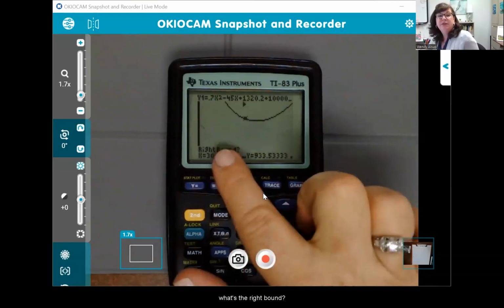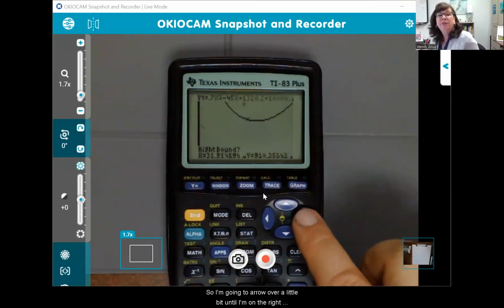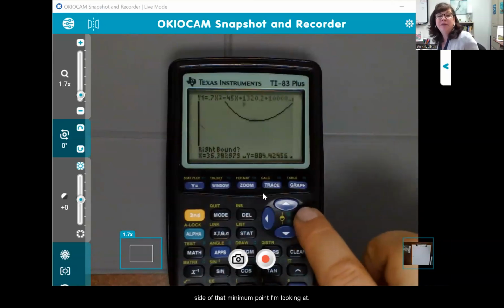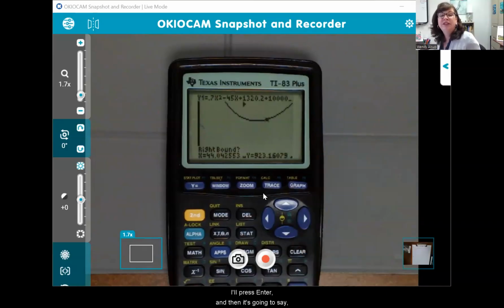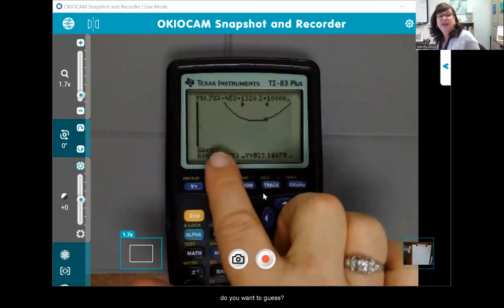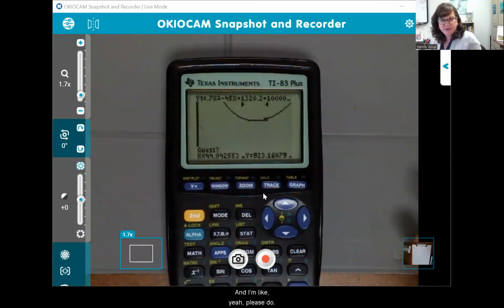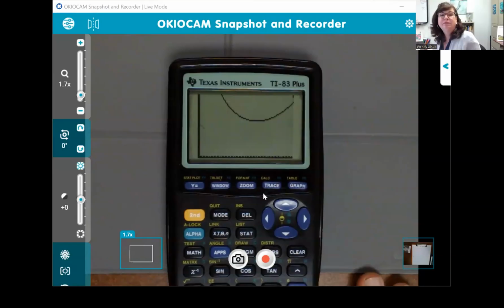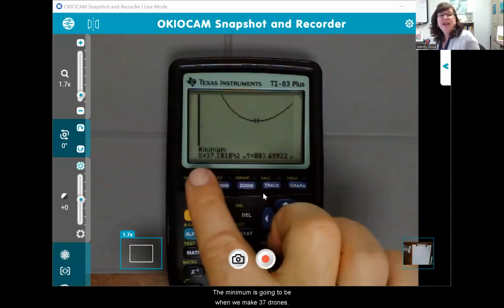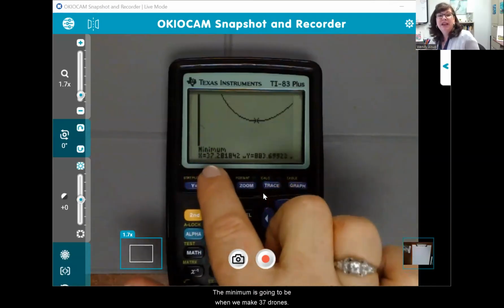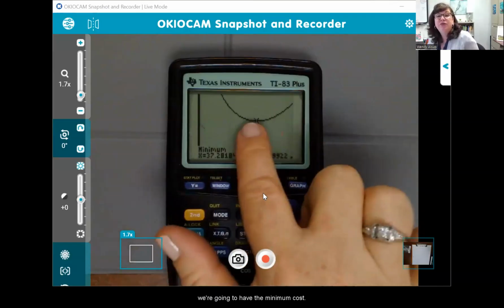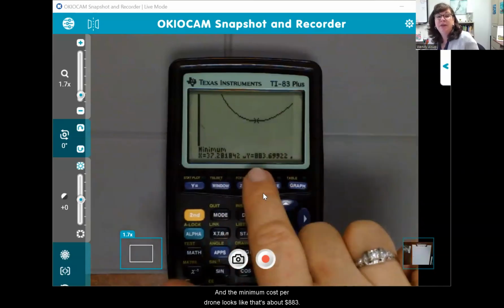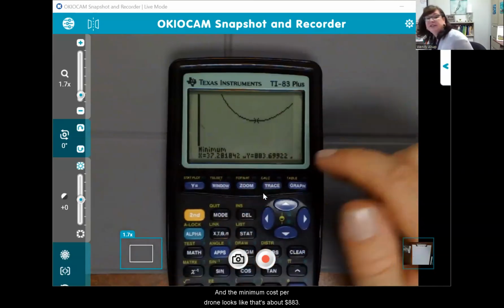And then it'll say, well, what's the right bound? So I'm going to arrow over a little bit until I'm on the right side of that minimum point I'm looking at. All right, now I'm on the other side of it. I'll press enter. And then it's going to say, do you want to guess? And I'm like, yeah, please do. And so then I'm going to press enter, and it'll calculate it for me. The minimum is going to be when we make 37 drones. All right, if we make 37 drones, we're going to have the minimum cost, and the minimum cost per drone looks like that's about